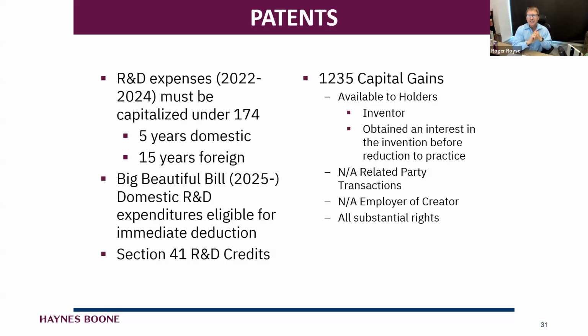He made a humongous change for Silicon Valley in this area because now these R&D expenses are eligible for an immediate deduction. And up until 2025, up till this big, beautiful bill, they had to be capitalized and amortized. And this is something Silicon Valley has been lobbying for since 2017. So now we got it.